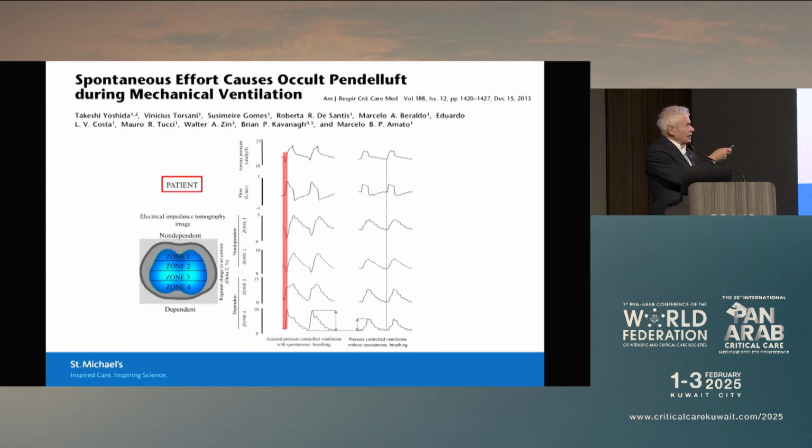If you look at that red line, you can see zone 4, you can see that the patient starts to breathe. Zone 4, the dependent lung region, the volume increases, and in the higher zones, the non-dependent region, zone 1, the flow decreases to those regions. So again, showing that, and this is very important, this kind of Pendelluft can occur in humans, not just in